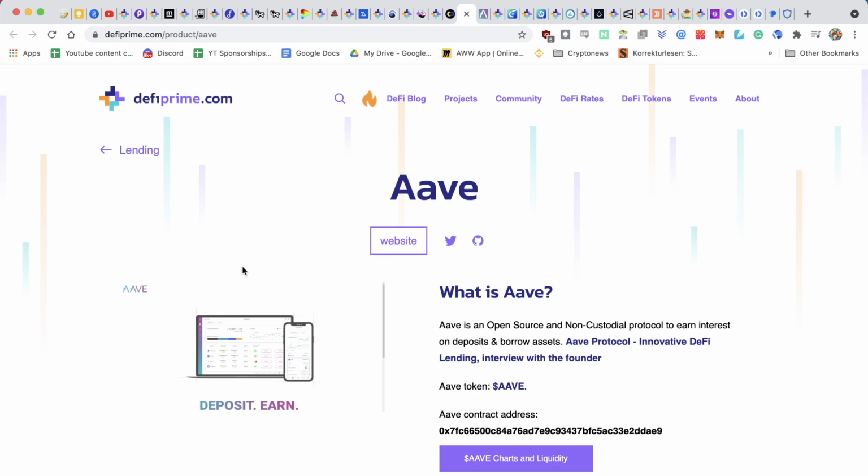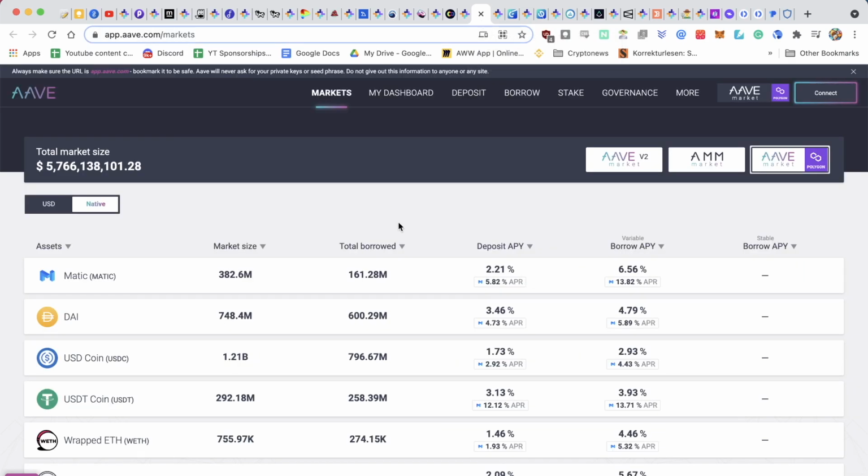Aave, we all know Aave. Aave is an open source, non-custodial lending and borrowing protocol that allows you to lend stablecoins and many other cryptocurrencies at super high interest rates, as well as borrow against the collateral in order to do a lot of different things. And I've made a few videos talking about Aave. I'll link them here. So there you can go through a complete Polygon tutorial on how to use Aave